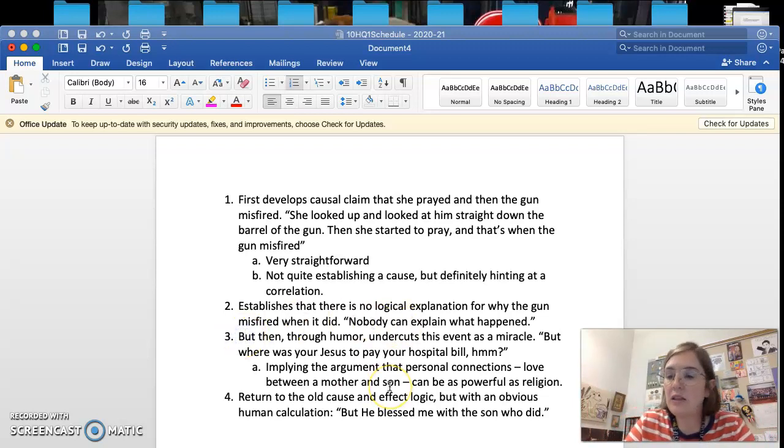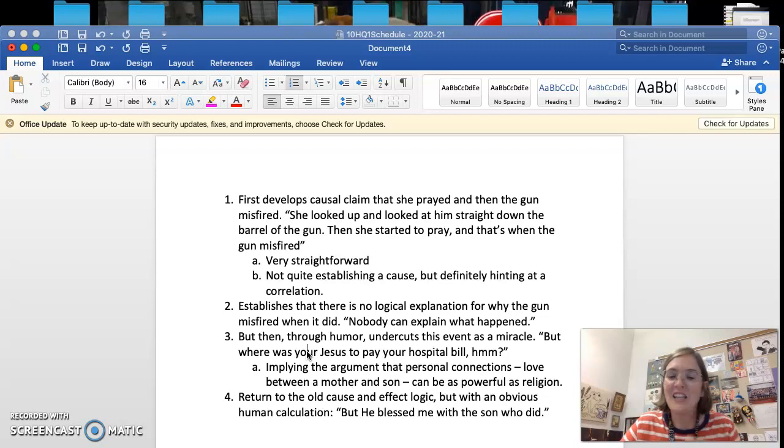But then you'll read through and he has some jokes about the hospital bill and the insurance that she has. She says her insurance is Jesus. And then it says how he can't help but tell a joke in this moment, and it's his way of being cynical in the moment. And he is very clear that he doesn't necessarily think that this was the right choice, because he says he couldn't resist teasing her with one last little jab. So it's not mean-spirited, but he does recognize himself being a bit of a smart aleck in that moment. And he says, but where was your Jesus to pay your hospital bill?